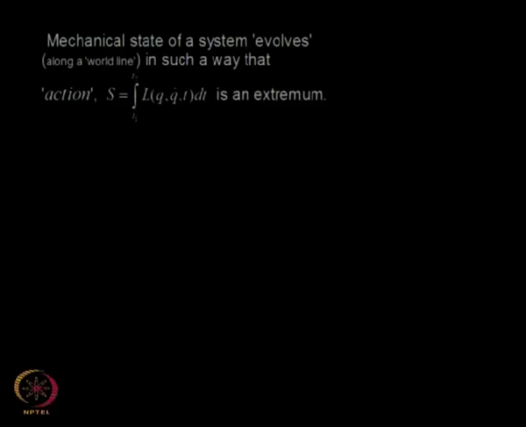Greetings, and we will resume our discussion on the Lagrangian formulation of equations of motion, and I will quickly recapitulate the essential consideration that we had undertaken, that a mechanical system is considered to evolve in such a way that action would be an extremum. That is the principle of extremum action, as it is called. This is also referred to as Hamilton's principle,